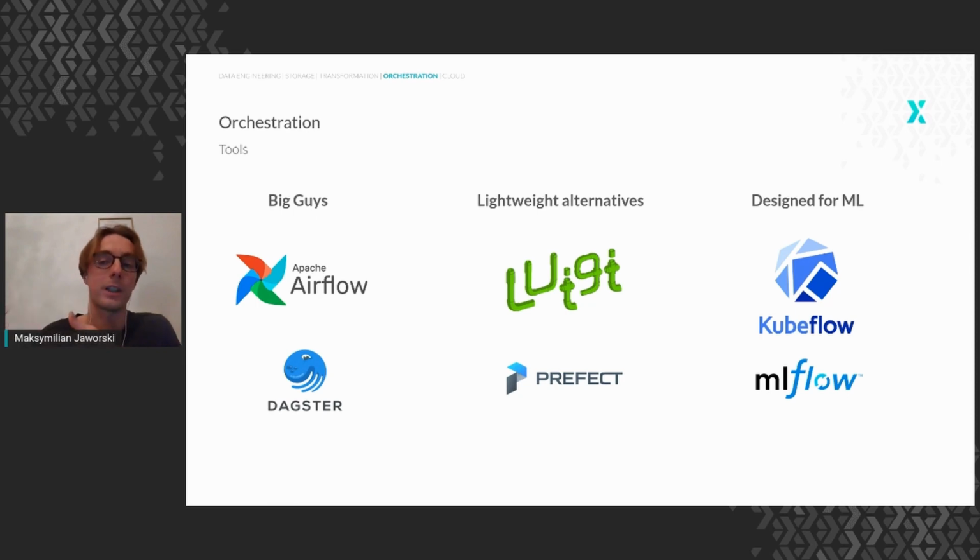Because in Airflow, for example, we are using Python, of course, but we have to define tasks in a specific way. While in Prefect, any Python function can simply become a task. And one last thing about this, that Prefect is open source, open core, while Luigi and Airflow are both open source. Now, going back to big guys, Dagster is another pretty new tool which can be an alternative for Airflow